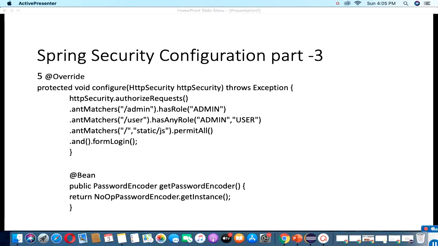If we do not override the password encoder and try to run the application, it will throw an exception, because without a password encoder it is not recommended to run any Spring Boot application. There are a number of different ways to override the Spring password encoder. By default I have written the NoOpPasswordEncoder.